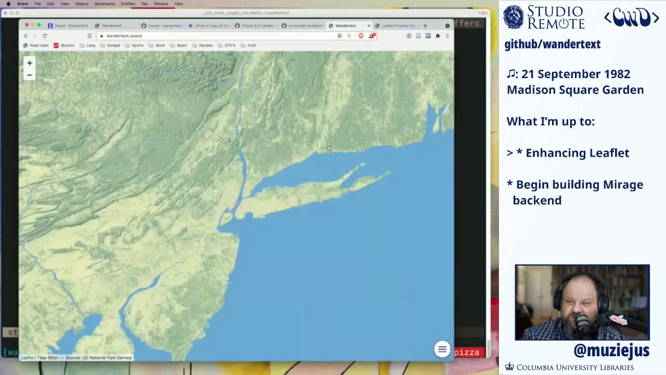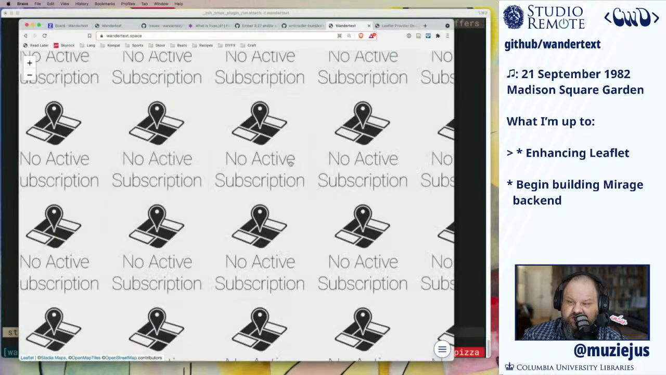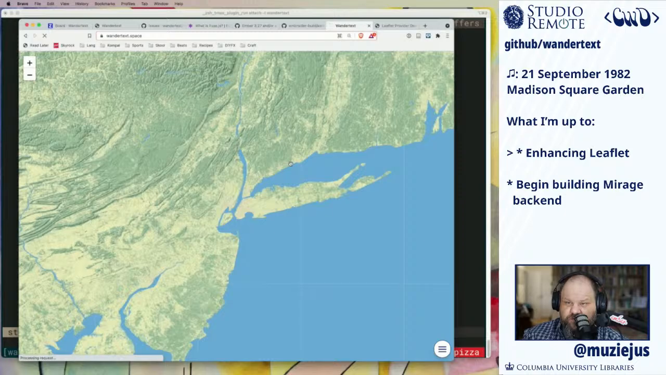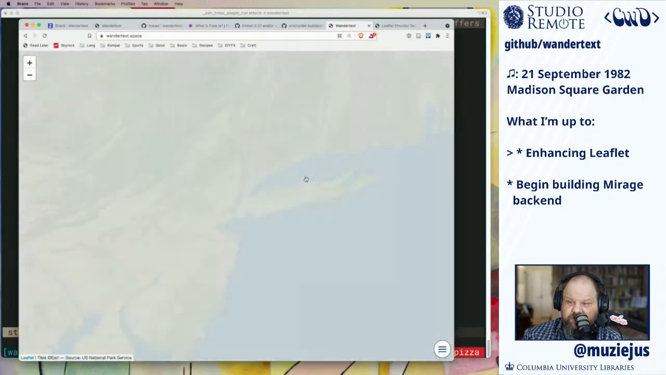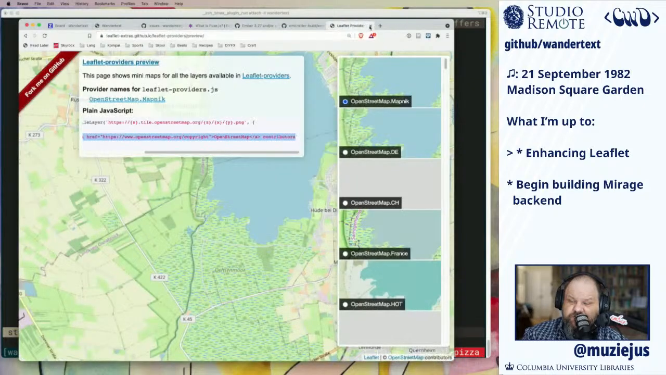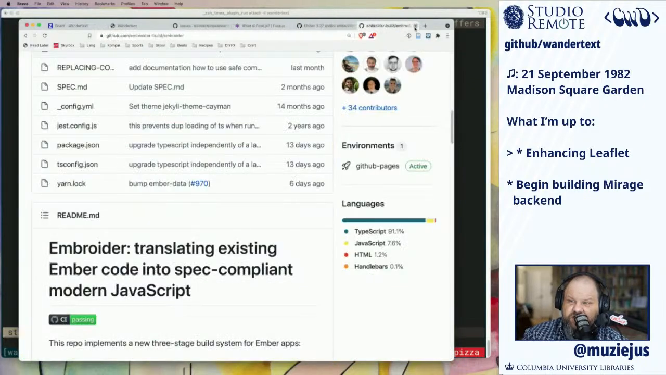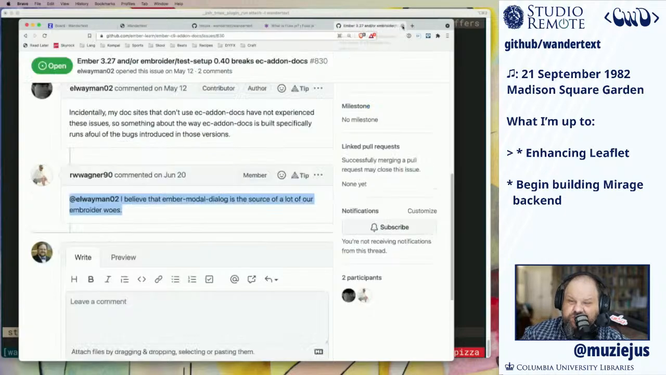Let's see if this has the... Nope, not yet. Let me just force a reload. Nope, not yet. Okay. So I'm not too fussed about when production will get it. So that's the state of the ecosystem now, is that I'm eager to help out in